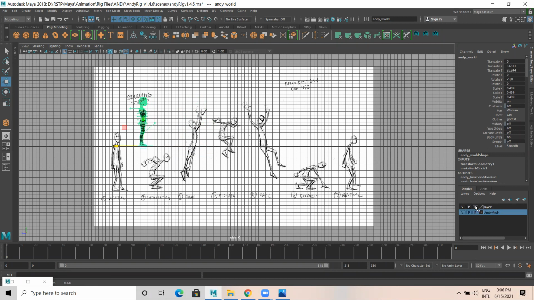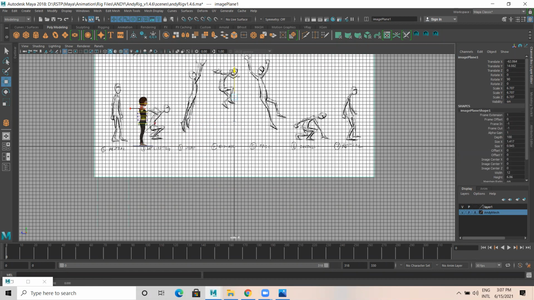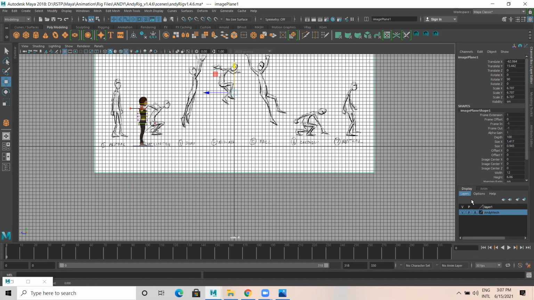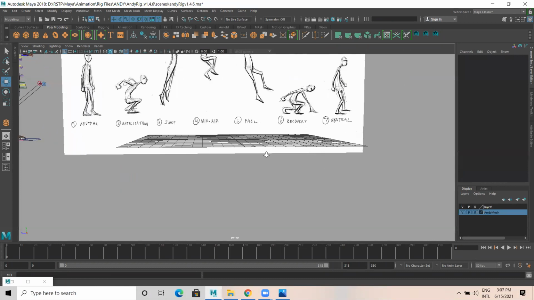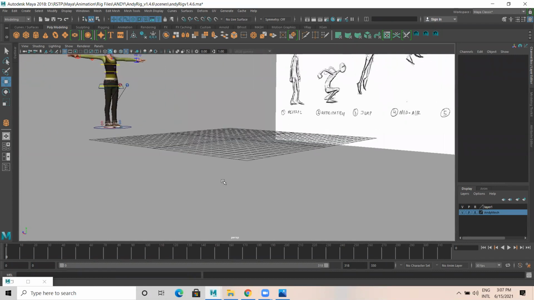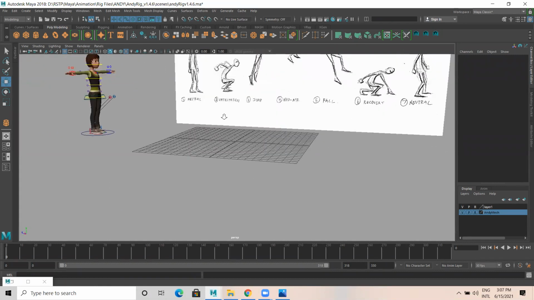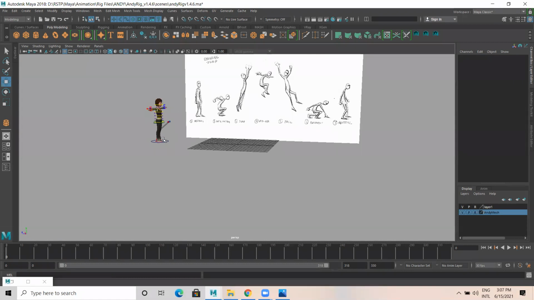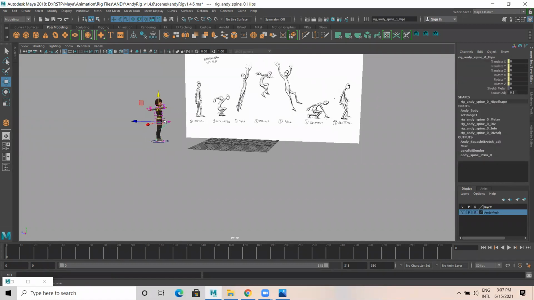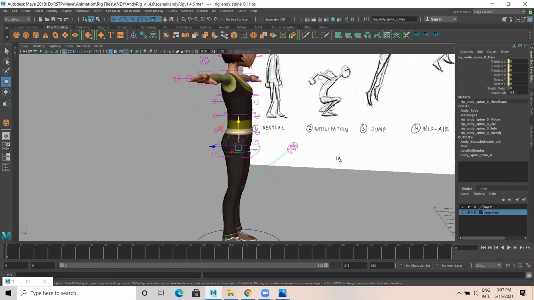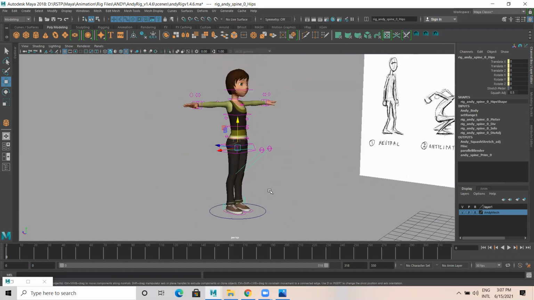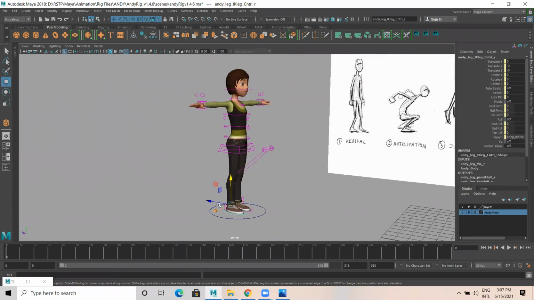And I select this one here. Now look at the reference of this particular character, and let's do according to that. One leg is a little bit back, one is in the front.